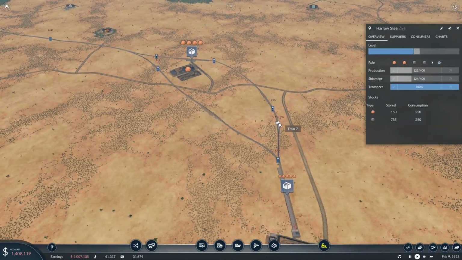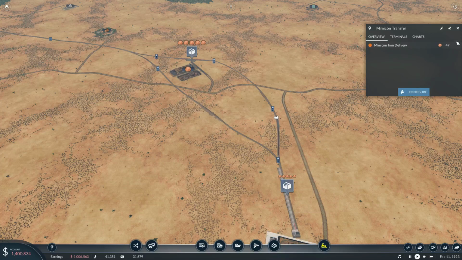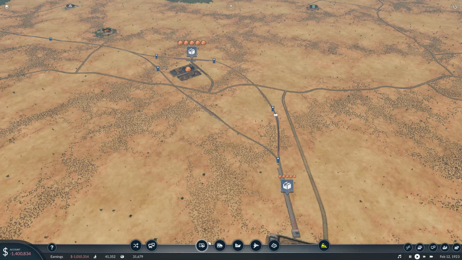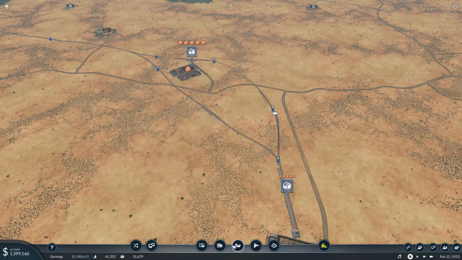Now, as we can see, this one's leaving already full, and there's already some iron here. So let's put this route through its paces, and also get ourselves a new train while we're at it, and also some more loans, so why not? So let's, well,